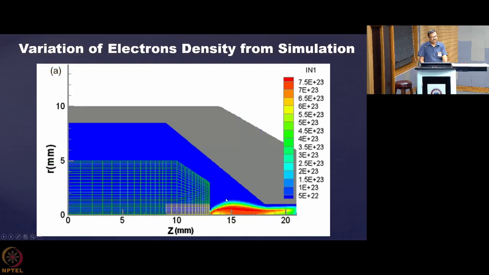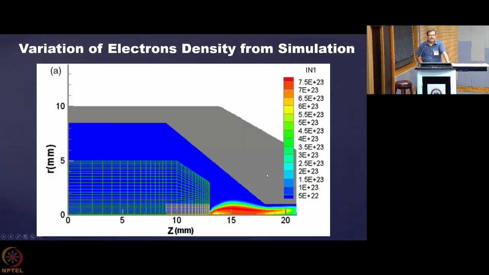So ionization is 0. The first ionized state is not there. This region has cold gas, and here you can see very clearly that in this zone there are no ionized states. There is a layer which is completely blue, and the blue zones mean that they are not ionized. So this is the cold boundary layer, and it is obvious that it will not be ionized, and this cold boundary layer is basically saving the electrodes, as I have told you a number of times.